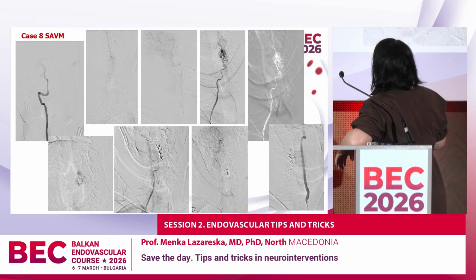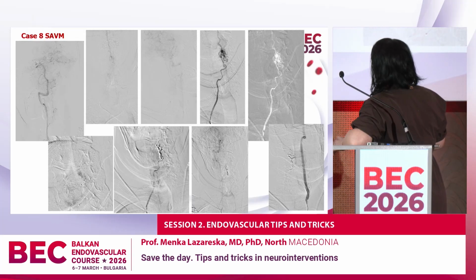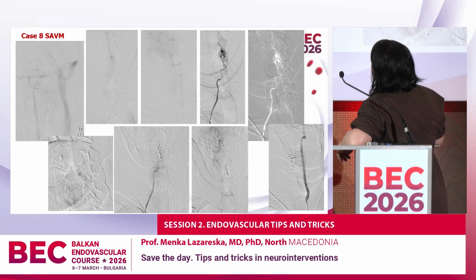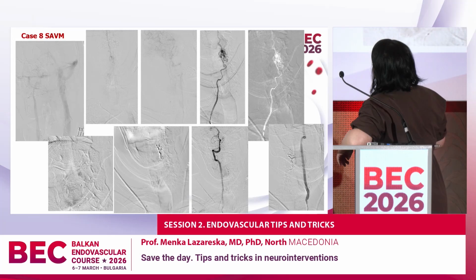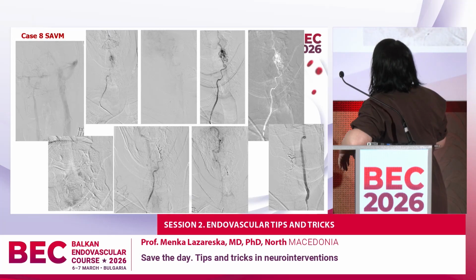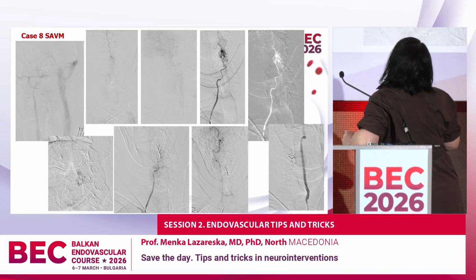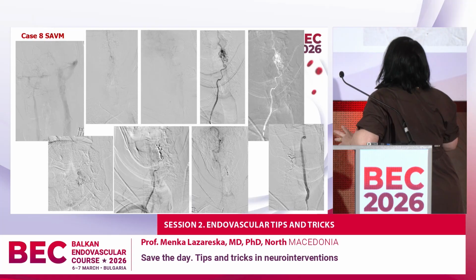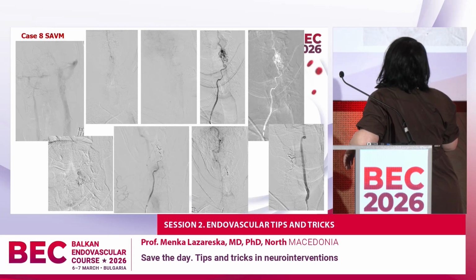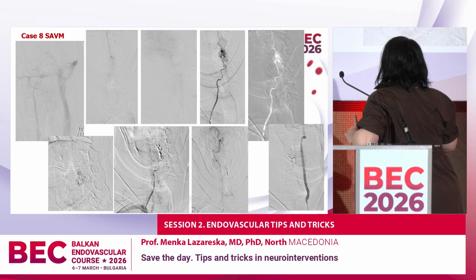First, from the right vertebral artery, from the V4, we can see one branch descending and feeding the AVM. But I think it's the ascending cervical artery that is the main feeder for this spinal, medullary AVM. It was easy to reach this branch, and we embolized with a good penetration. And here is the main thing: the good penetration